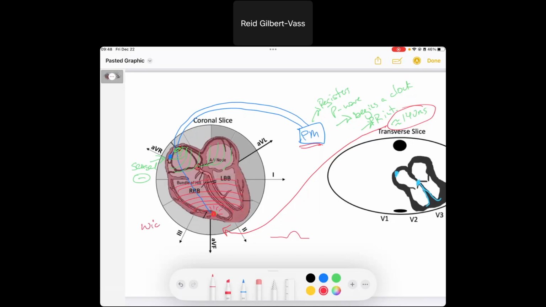It is going to be a wide QRS because it's not using our His-Purkinje system. And so that's how you know that the current mode that this person is in is atrial sensed